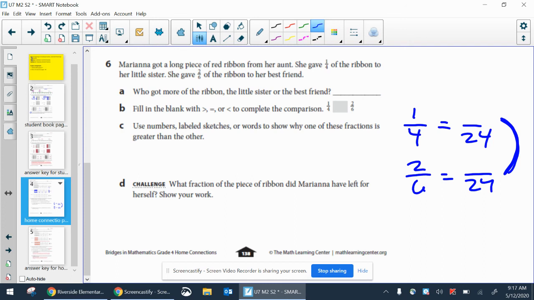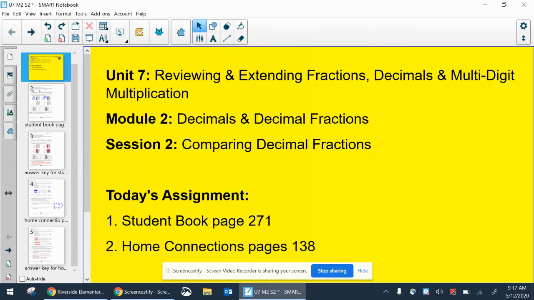All right, I'll let you to it. And of course, reach out to any of your classroom teachers if you need help with any of these problems on student book page 271 and your home connection page